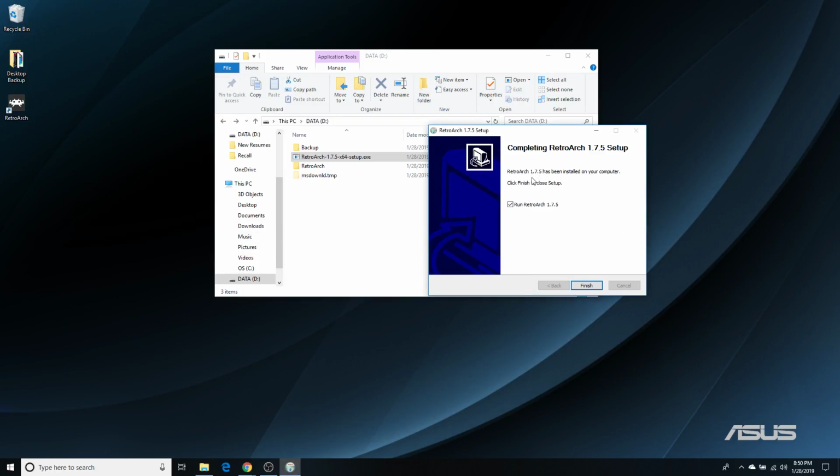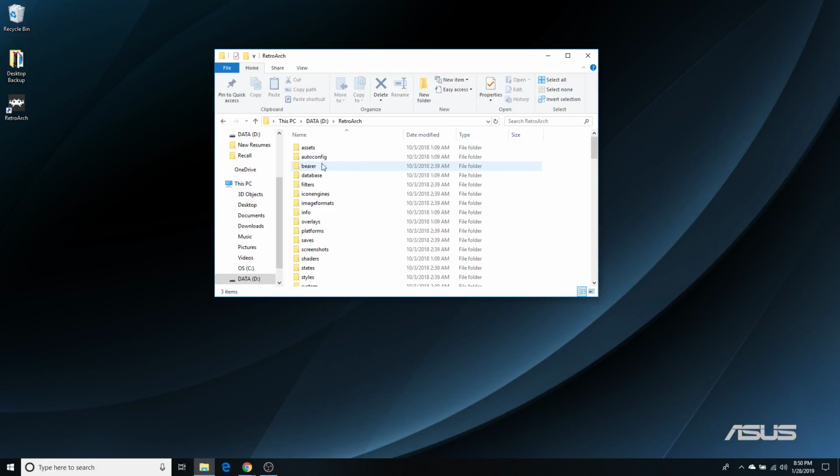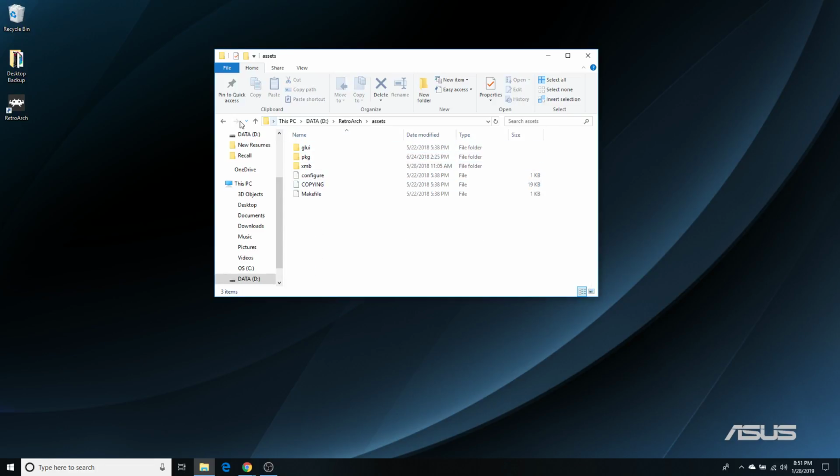And then Retroarch 1.7.5 has been installed. Click Finish to close setup and run Retroarch. I'm going to uncheck that for now and click Finish because I want to show you just exactly what it installed. So if you open up the Retroarch folder, you have all these folders here. Assets. You have your assets all in here. Auto config,